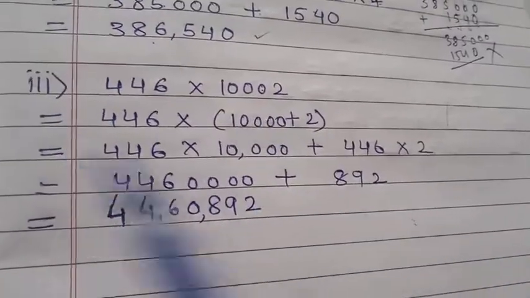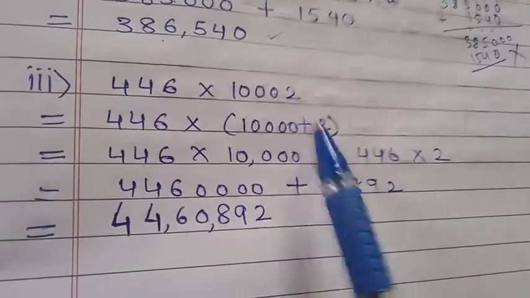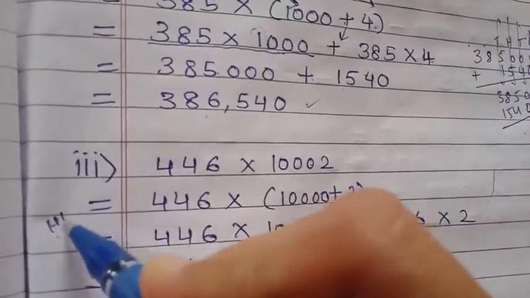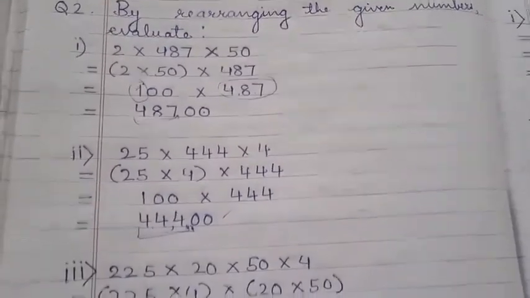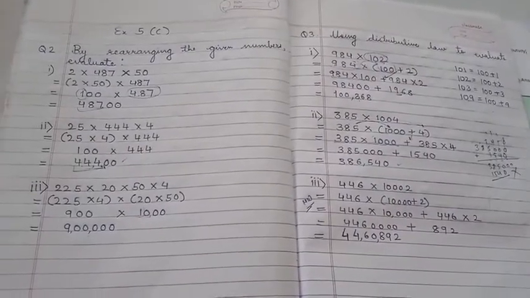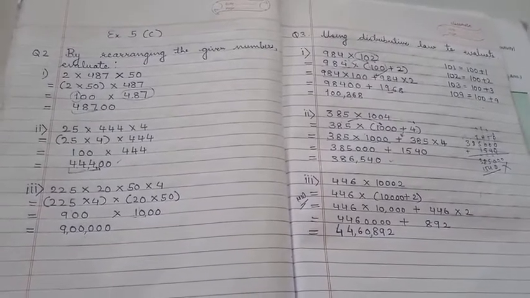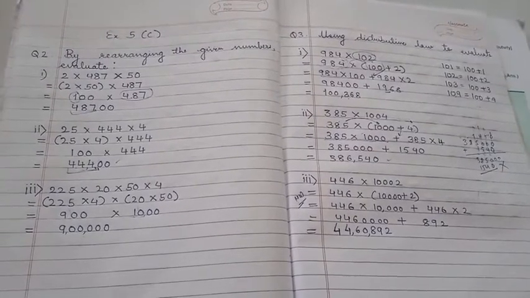Question number 3 is 1,02,000. So 1 lakh plus 2. This I have given as homework. I have solved it, but this is again homework. So I'll show you question number 2 once again. If you want to take a screenshot, you can take it. See, complete question number 2 and question number 3. If you want to take a screenshot, you can take it right now. This goes easy, I think.